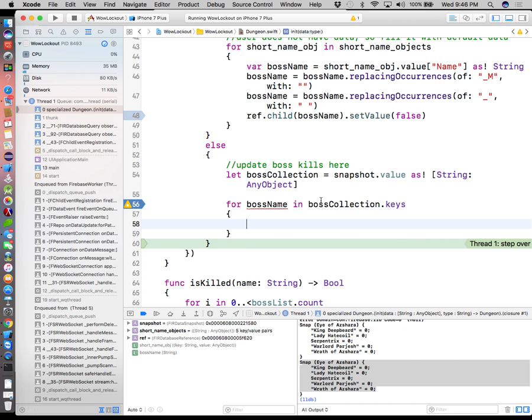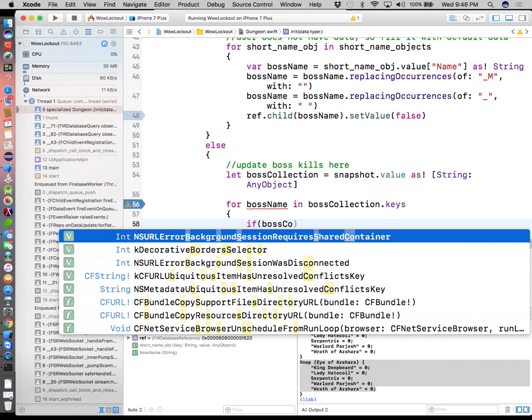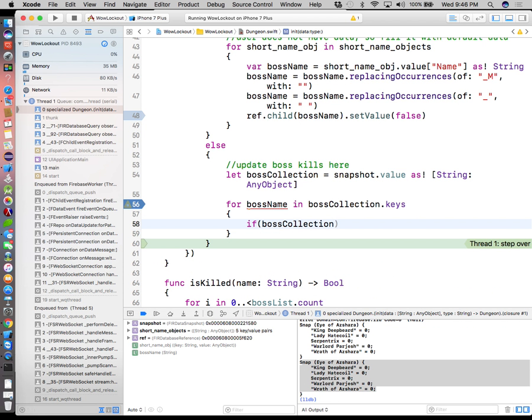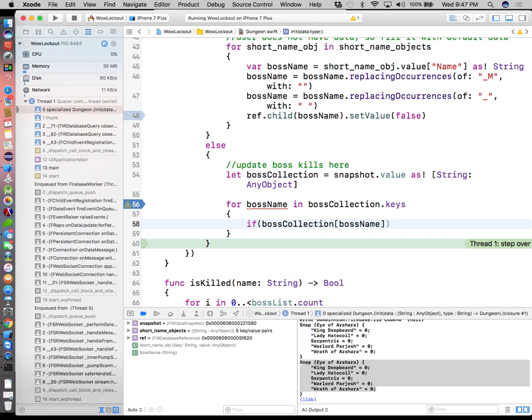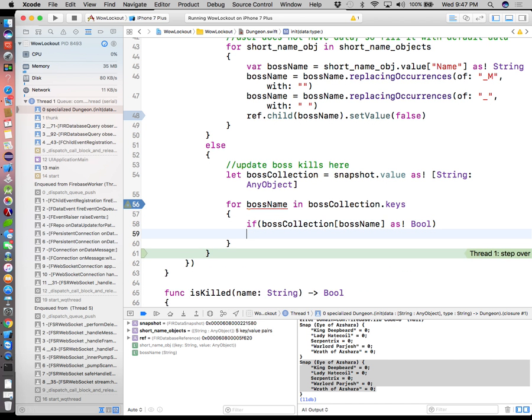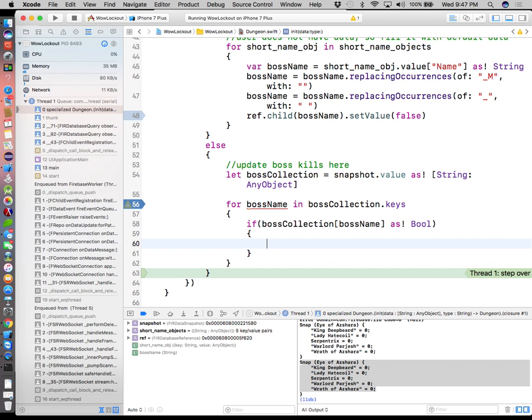So for boss name in those keys, if boss collection at position boss name as Boolean, so if that guy is true,